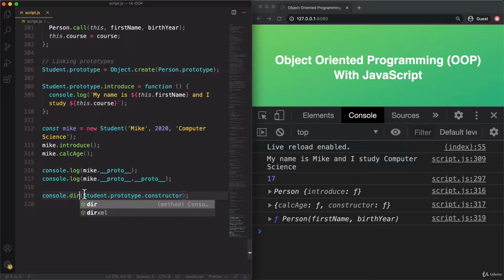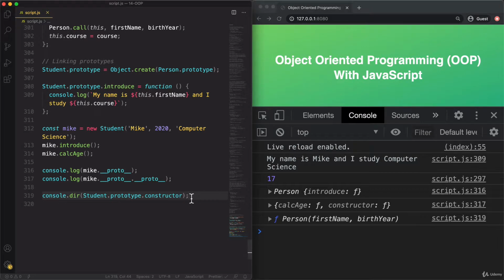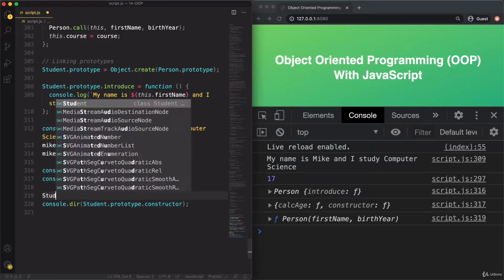And so you see that JavaScript now thinks that the constructor of Student.prototype is Person here. And the reason for that is that we set the prototype property of the Student using Object.create. And so this makes it so that the constructor of Student.prototype is still Person. So we need to fix this because sometimes it's important to rely on this constructor property. And so if we want to rely on that, it should indeed be correct. But that's easy to fix.